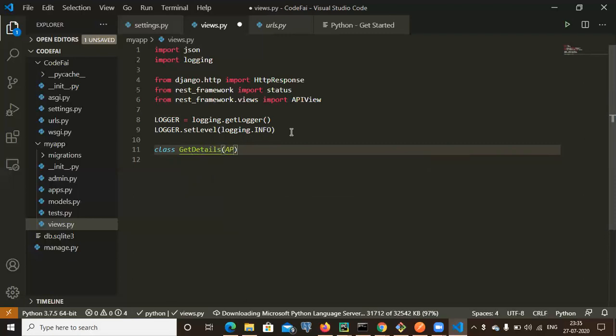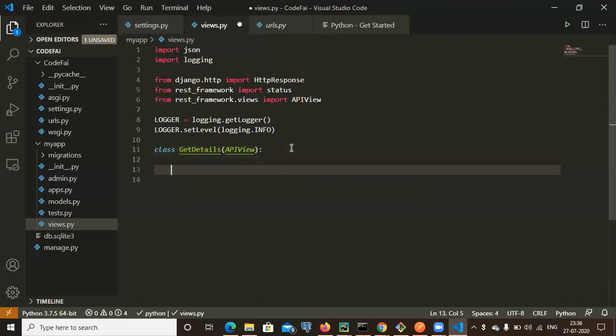We need to use APIView. Here, which type of API do we want to call?